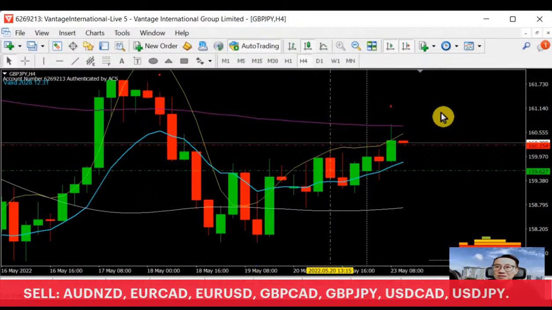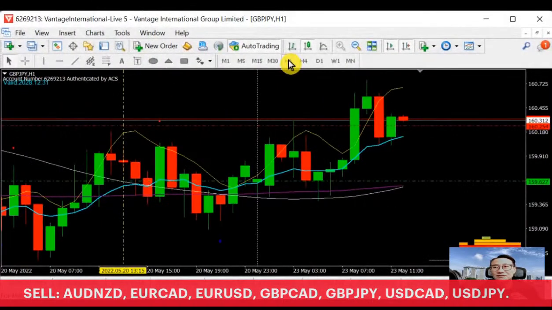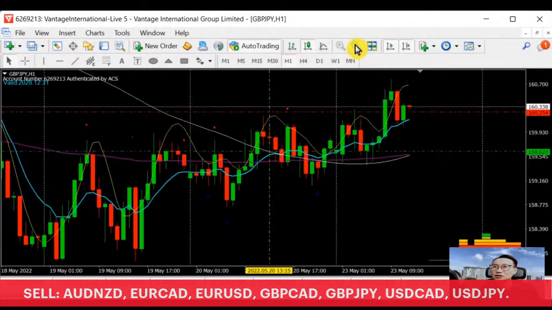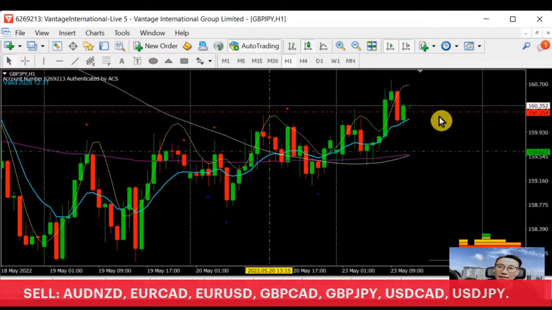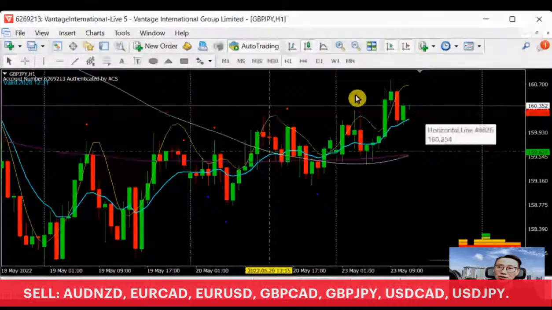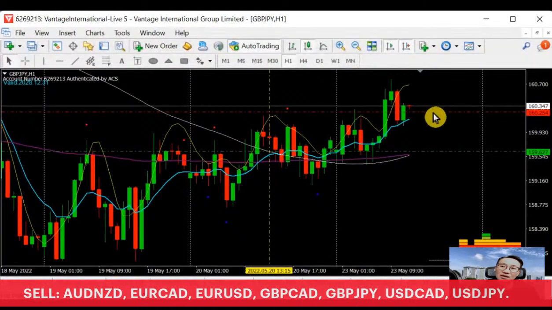Now it seems like H4 is going to set up a selling, correct? It seems like, but we cannot confirm from just the first few seconds. So we need to look at the movement, how it goes. Can you see that for the past 2 hours it swung down and hit my aqua line here. Then the support came on the aqua line, and in H1 it's actually opening above the resistance area.